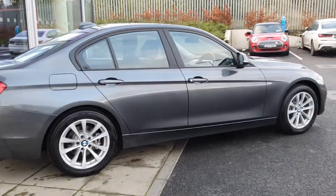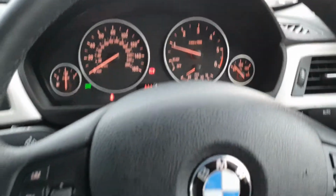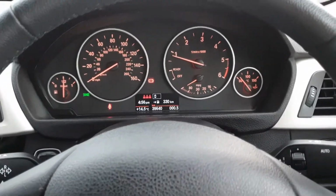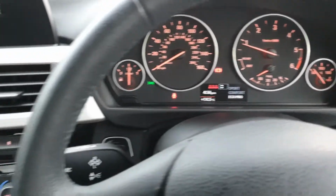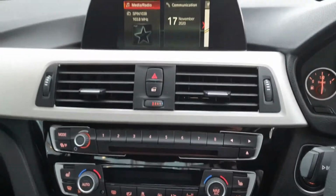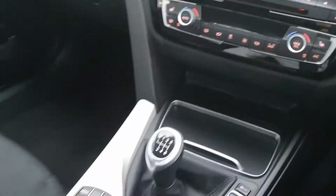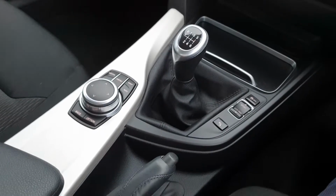Let's take a quick look at the interior. Now folks, that we're inside, you can see the BMW multifunctional sports steering wheel. This car is fitted with a sports mode, comfort mode and an eco pro mode. Also on board is the BMW teleservice, the BMW iDrive system, the manual transmission with the manual handbrake,